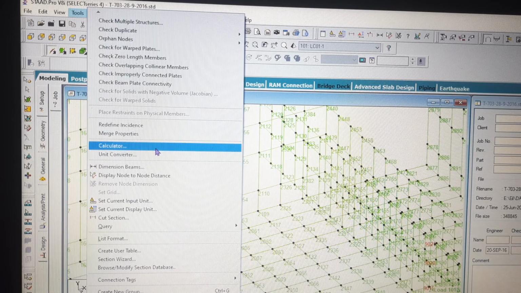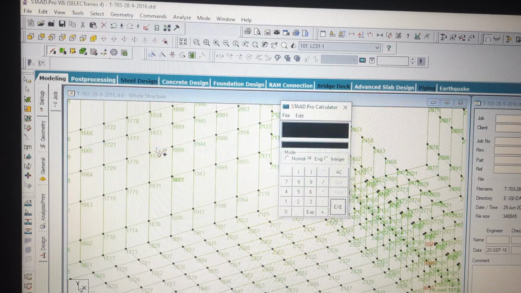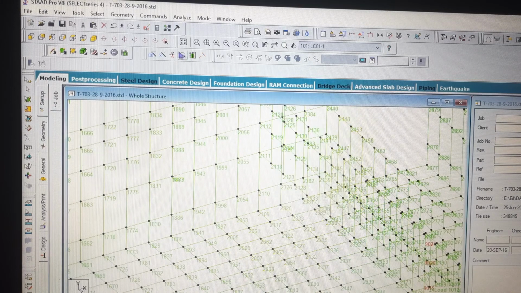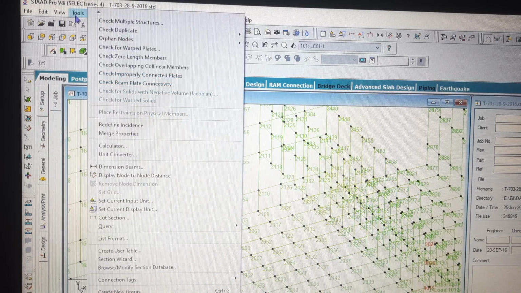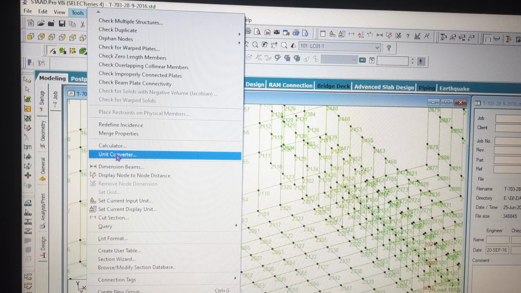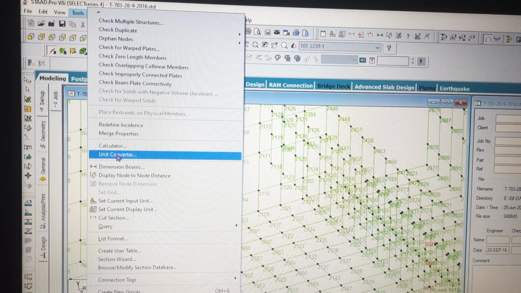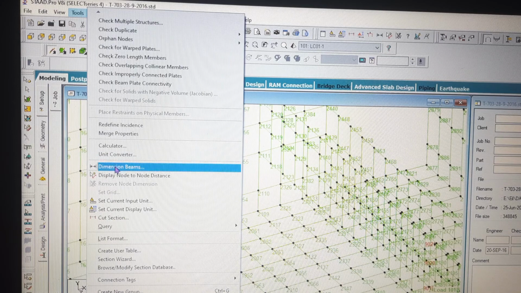You can calculate with the help of this functionality whatever calculation you need. This is not very useful because while doing engineering analysis we always have a scientific calculator with us. A unit converter is also a functionality which converts units from inch to meter, millimeter. That may be useful, but in your scientific calculator you can get these things also. So these are not very helpful for you.